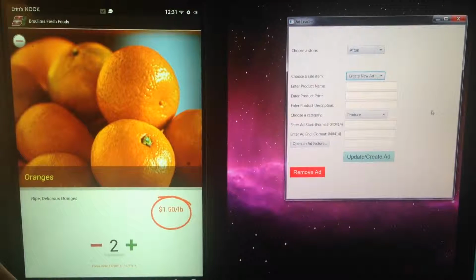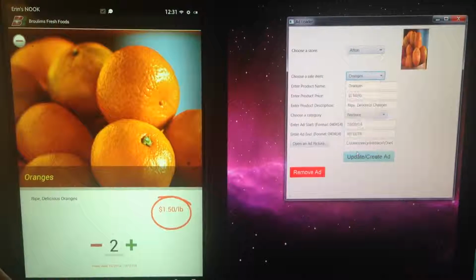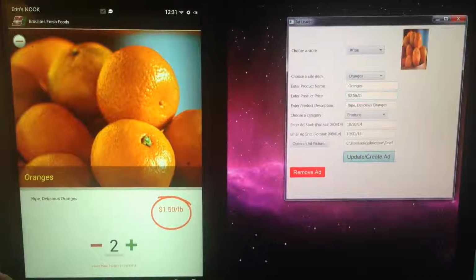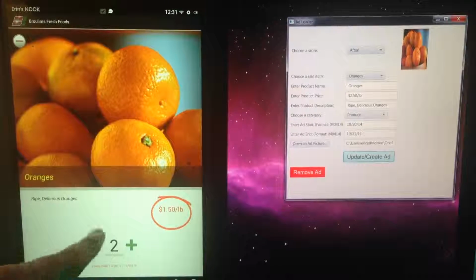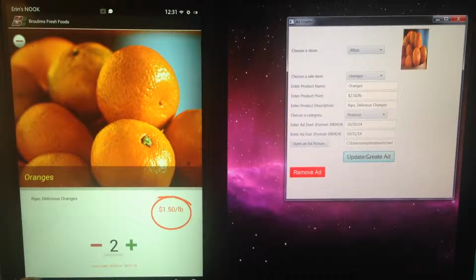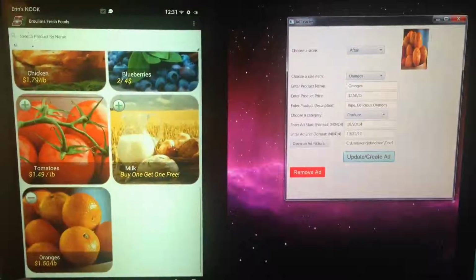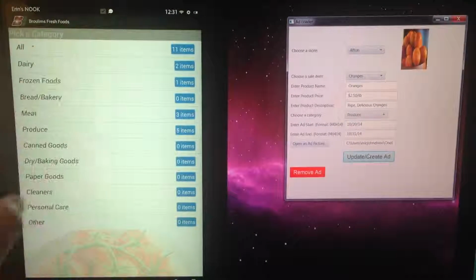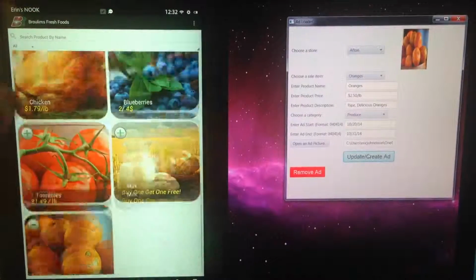Okay. And we can also edit this item as well, just as easily. Going to oranges, and then we'll go ahead and change the product price to $2.50 a pound. And we'll hit the Update Create Ad button. And in order to see the changes, we'll go ahead and go back, and go to this menu, and then we go back into All, scroll down,